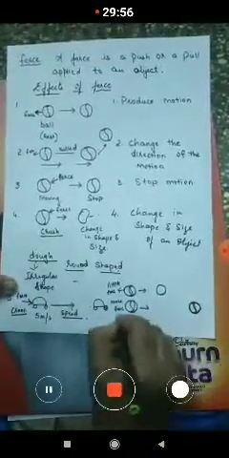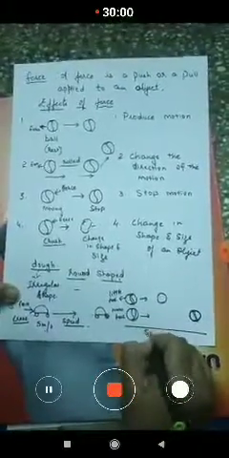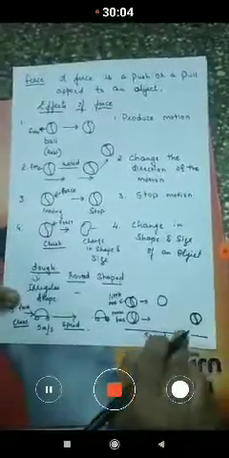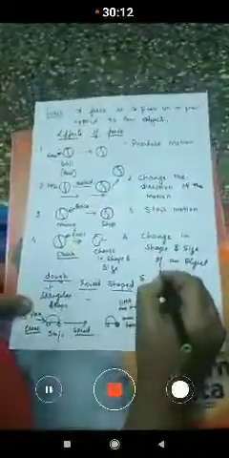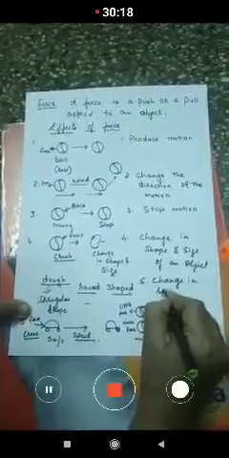So here the speed of the ball is increased. The speed of the ball is increased by applying the force. So the fifth effect of force is, what is the effect of force? Change in speed